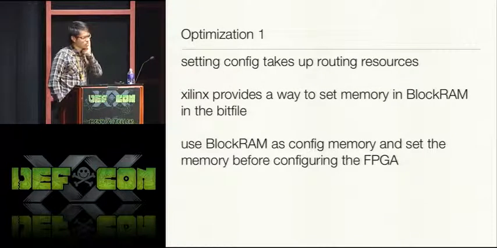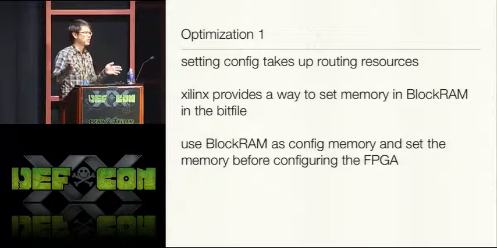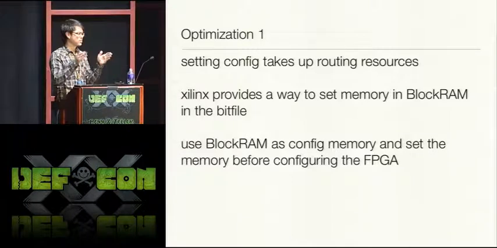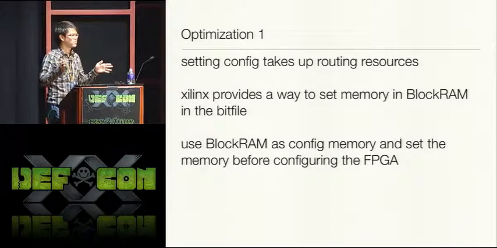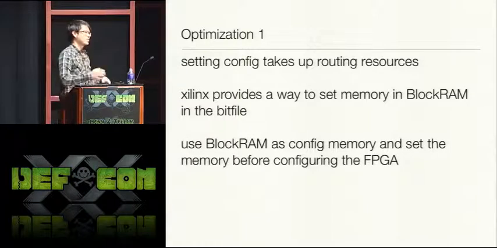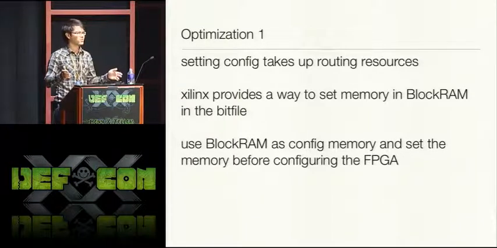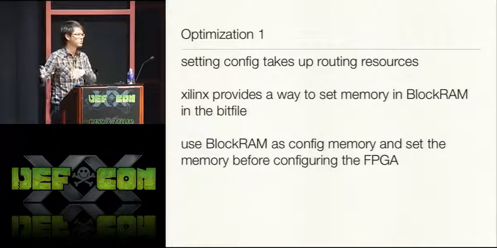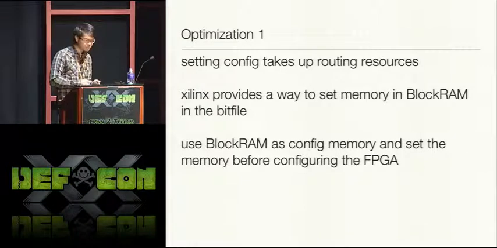So one optimization that we worked on is, instead of having this whole bus going to each core, where we set up all these values every time we start up the core, we could take the bit file that we load onto the FPGA with the configuration and pre-configure it with these start, stop, ciphertext, and plaintext values. So we program the FPGA, it comes up, and it sees all these values there, and it's like, oh, I know exactly where to start. It goes off and starts crunching on things. And so we don't have to have all those resources dedicated to just setting everything up.